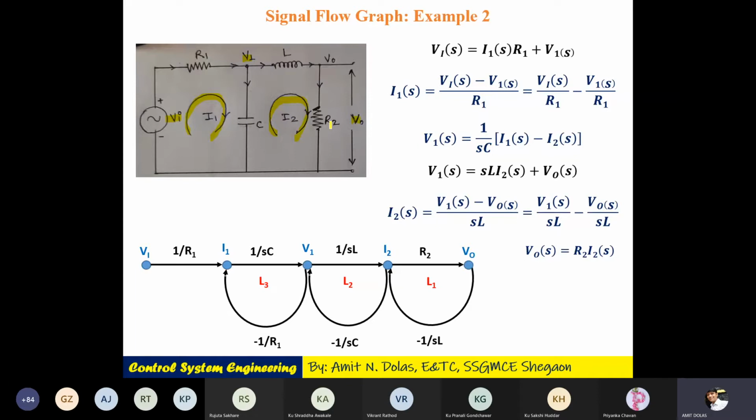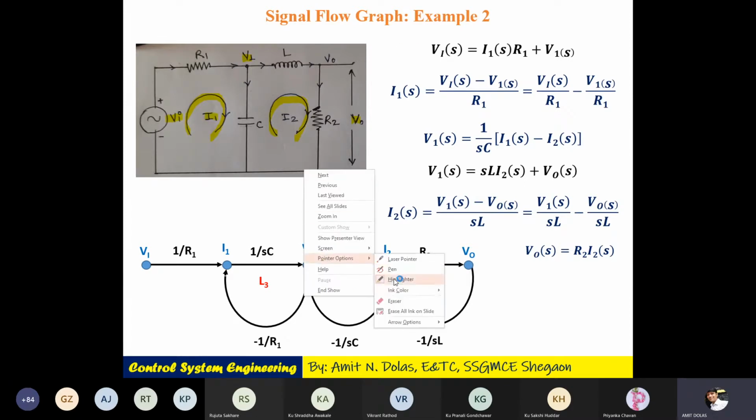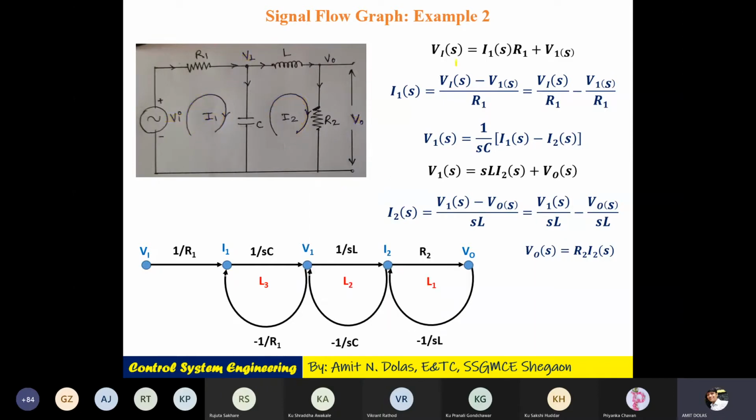So what is the first step? First step, identify the loop equations, because I want a relation between each and every term. That is, what is the relation between Vi and I1? What is the relation between I1 and V1? Everything I want. So what we can write, it is very easy. Apply KVL and you will get the equation. I'll write Vi of S in S domain. So Vi of S will be equal to what? I1 of S into R1 plus V1. So ये voltage and this capacitor का voltage will be your Vi of S. So what is I1 of S in terms of Vi?